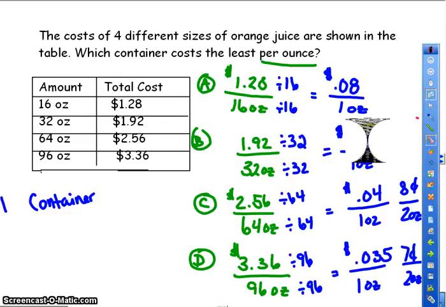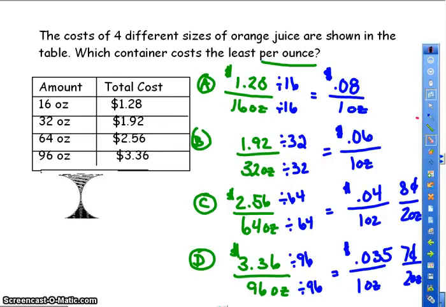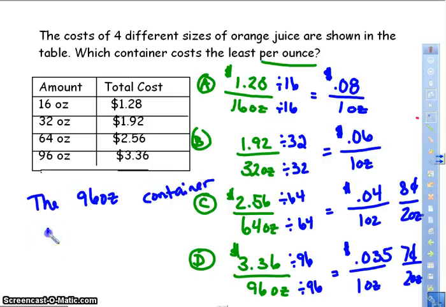Let me try this again. Let me erase this. I don't like the way I'm phrasing it. So the 96 ounce container is the cheapest